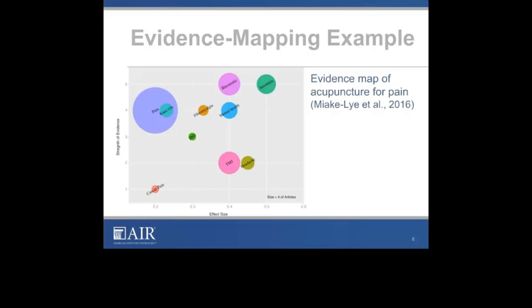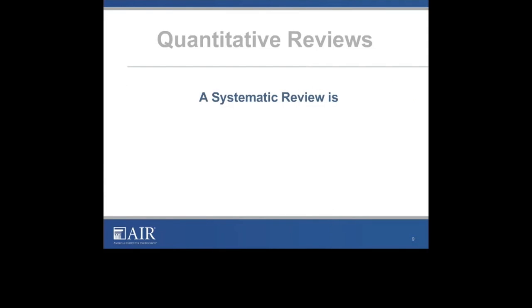This is a very advanced and very rigorous example of an evidence map. Most evidence maps do not go this far. They do not include a quality assessment, nor do they include an effect size calculation. They would most often come to you in a more tabular format of listing. This is all the literature that exists in a given field for some type of broader question.